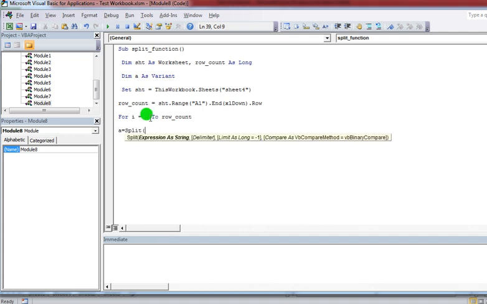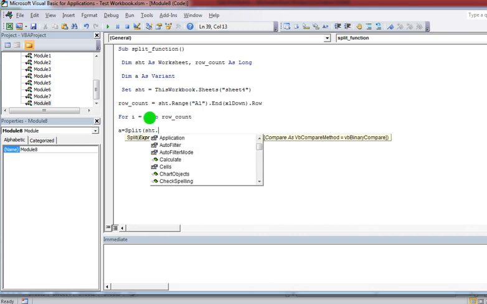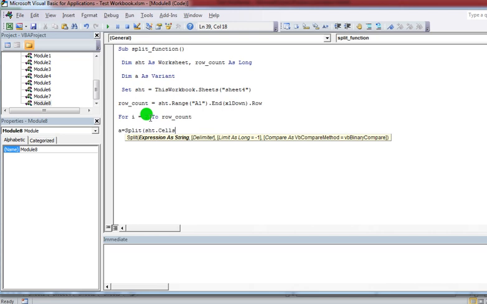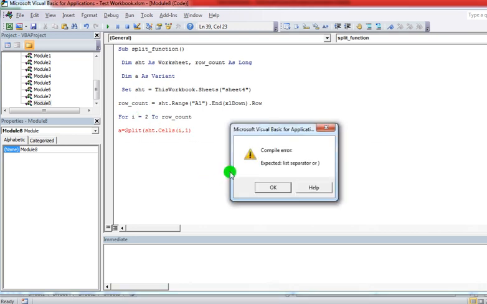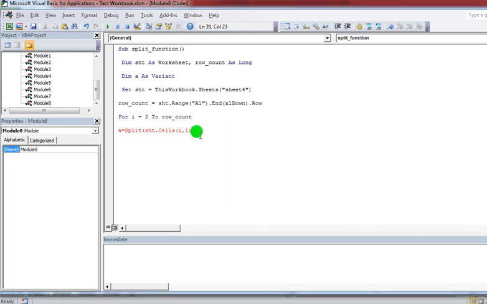Now I'm storing the string into the variable, right? So here sst dot cells, we have data in column 1, in A, and I want to split the data by using a space.